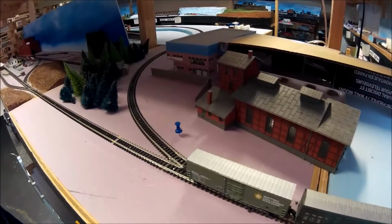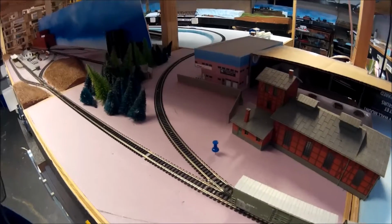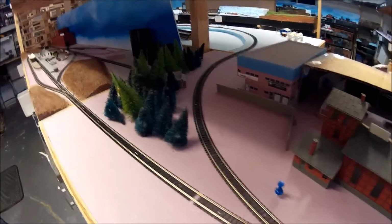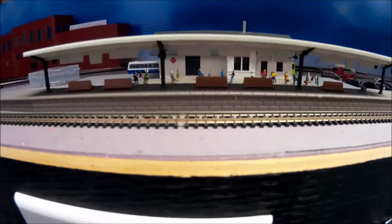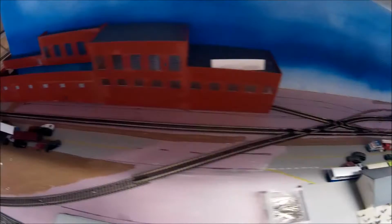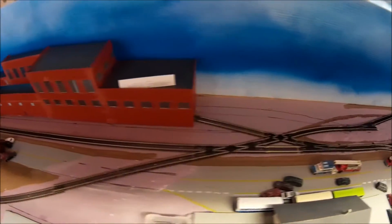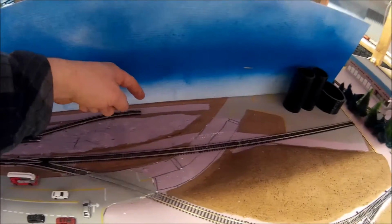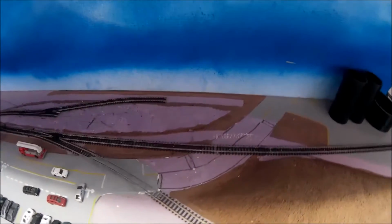So right here, the main line wyes. This is the other half of the reversing loop for continuous running. Heading down this way, this heads to what currently is St. Thomas. I've got a small passenger station, and I'm slowly redesigning this track plan. This is going to be one big stamping plant. The tank car facilities here, and actually the building will probably jut out. There'll be a scrap yard, scrap cars,